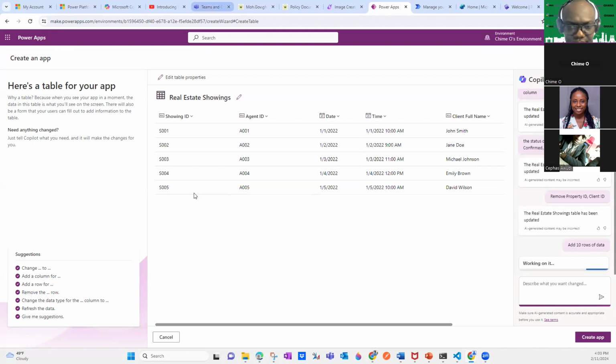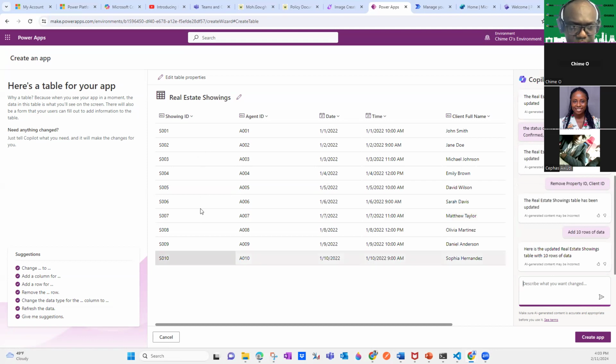We have 5 here, 10, we'll make it 15. You'll see it will just go in and show more data. Just added 10, I guess. But you can see AI has generated content for you.